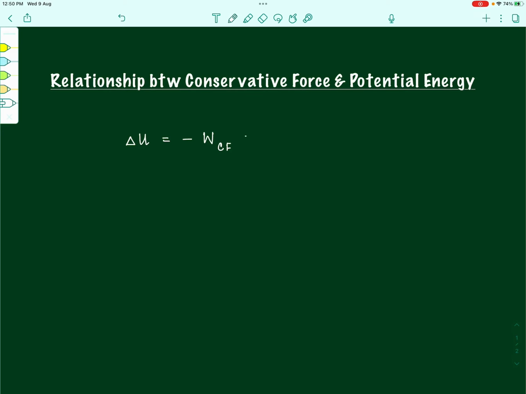Do we understand that from the basic definition of work done by any force, we can write work done by the conservative force as integral of F dot dr, where F is our conservative force which is doing the work, and dot product with the dr. This gives us the work done by the conservative force. Since there is a minus sign, we will put that minus sign over here, and since we are talking about change in potential energy as the system moves from state 1, let us say, to the state 2,